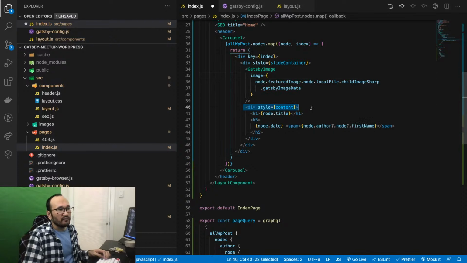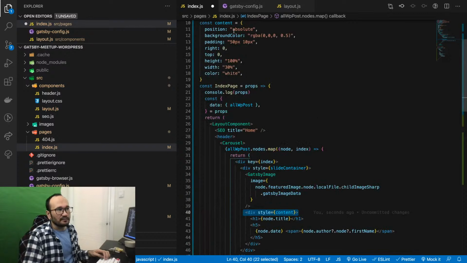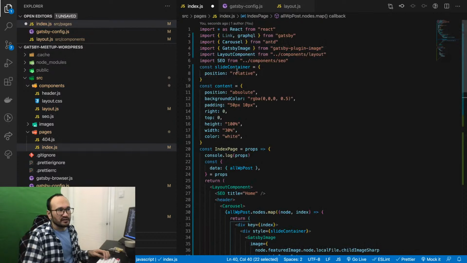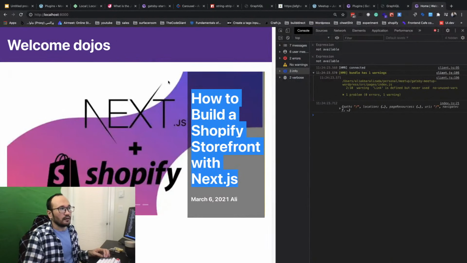And also we have a content style, so we did absolute position to the parent which is relative, and we did some styling to it, which is this area.